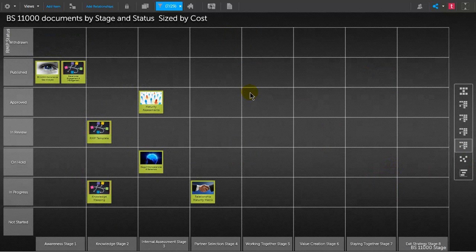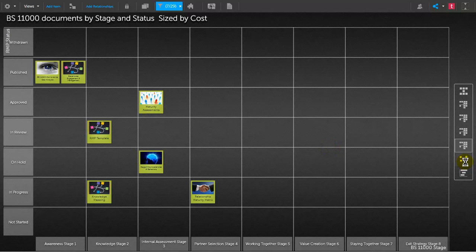If you remember now, moving down to the other category, we talked about the templates and the documentation that we produced. So here on this side, we've got the relationship planner's status, how we're building things up through the various stages, and where we're using specific activities and tools. We can see what's in progress, what's published, what's in review and approved as we move across to complete the